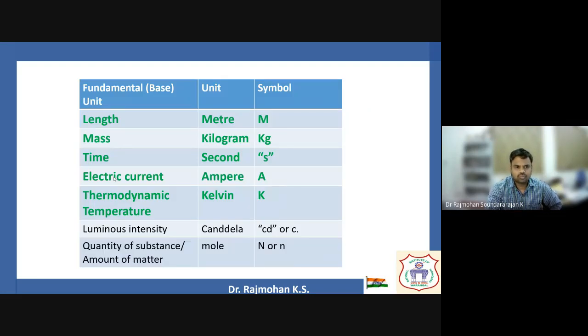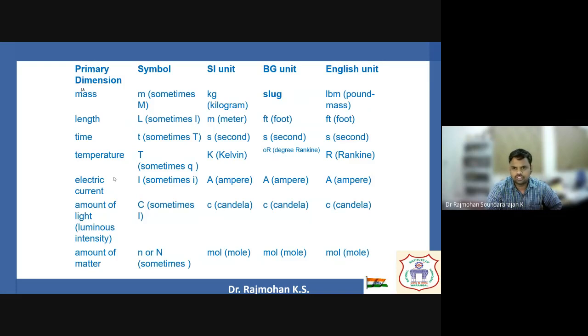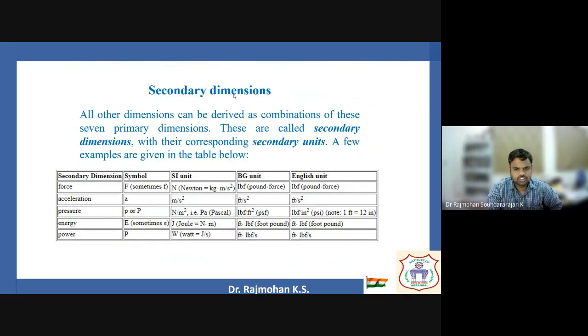So now you know the units, all of which were discussed already. These tables you can always refer to for ready reference. Mass in British units is referred to as slug. lbm is pound mass, so lbm refers to mass. If you write lbf, it is force, pound force. These are some of the examples of secondary units. As I told, I am giving you a ready-made table to refer to.